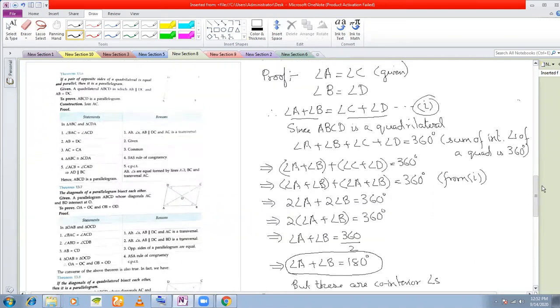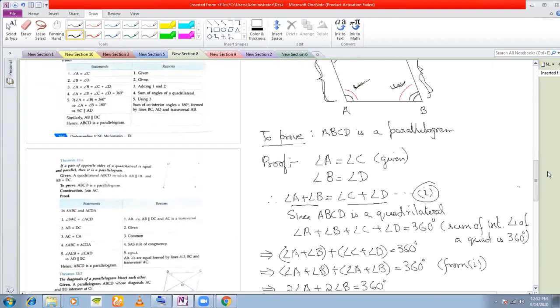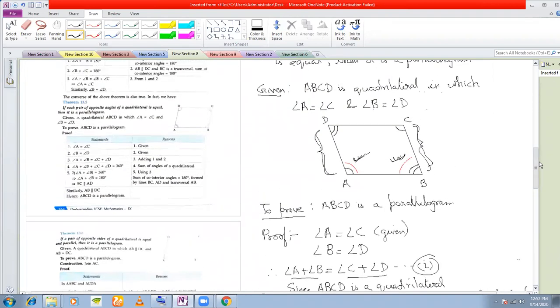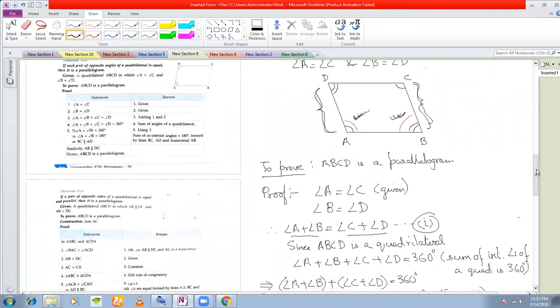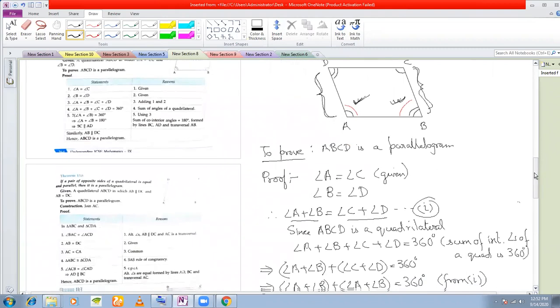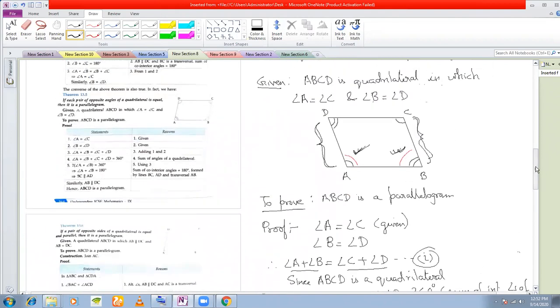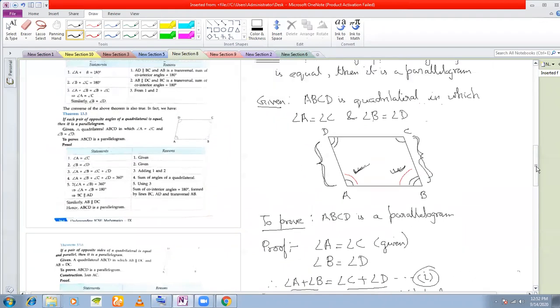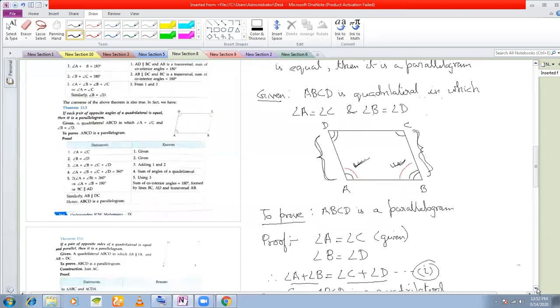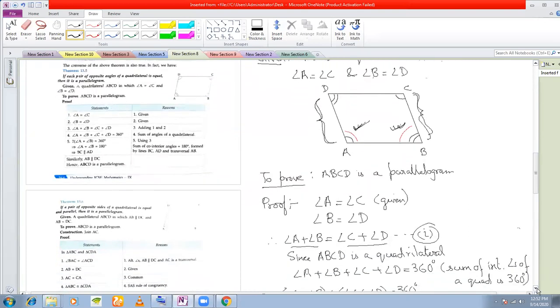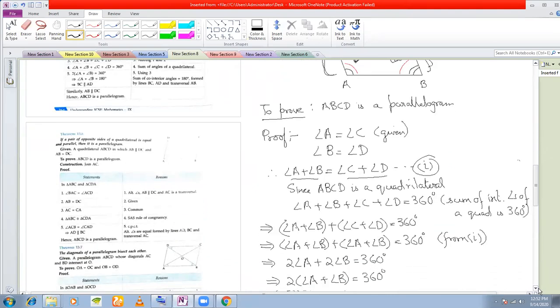Okay, any question with this proof? No, sir. Just follow as I am doing the proofs. Okay, and there is very little that you can do about the proof, because you have to remember these proofs. Okay, so we have finished 13.5. Let's move on to 13.6.